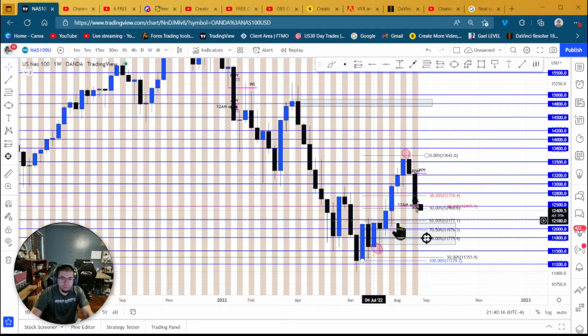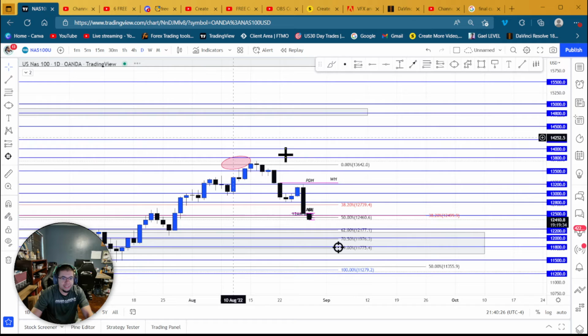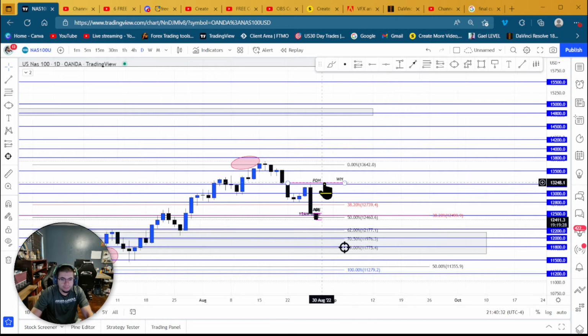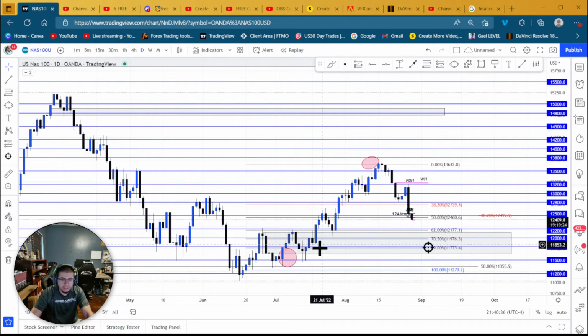So out of that move, we're going to be looking for a retracement to then go back down. And where can price retrace to, right? Now we have 3 weeks, there could be a pullback. So if we go down to the daily, we're doing our daily previous day high. We have our previous day high candle here, previous day low. And what we can see here is we have this whole area where I'm expecting price to come down into